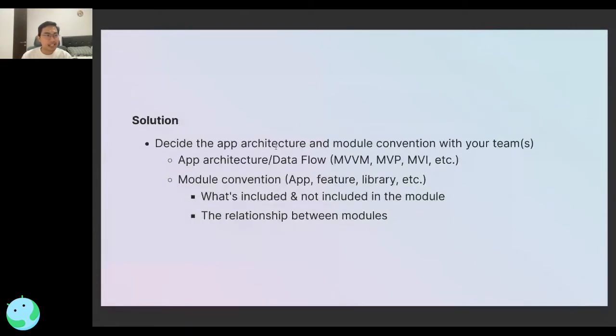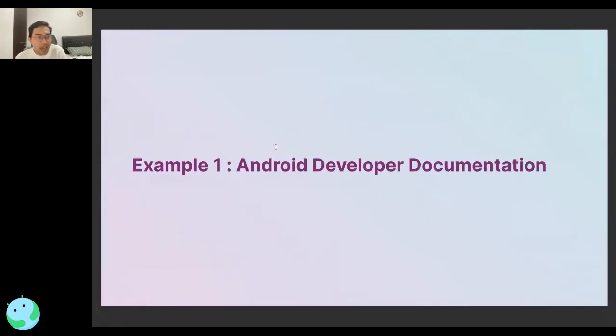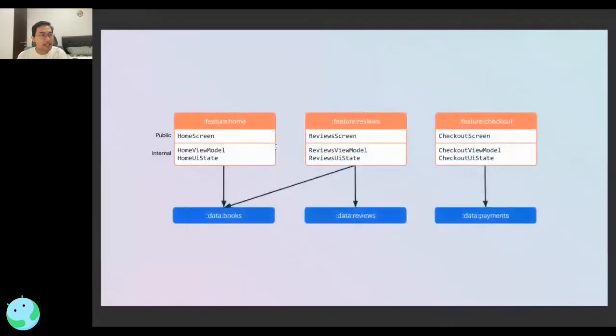In this presentation, I'll share examples of how we organize modules. Three examples to be exact. The first example is taken from the Android developer documentation. Thankfully, in 2022, Google is giving more practical guides on implementing modularization. So as you can see in this picture, the